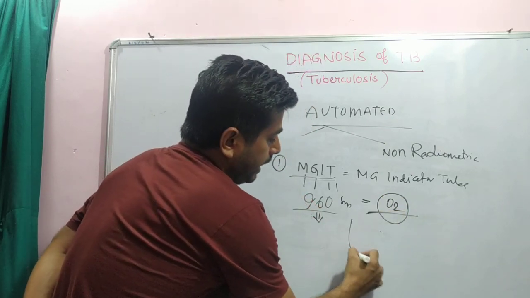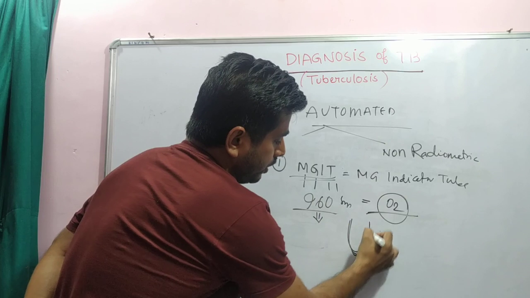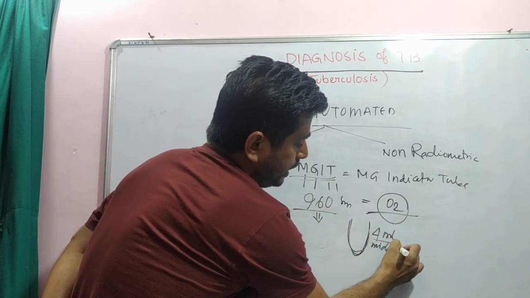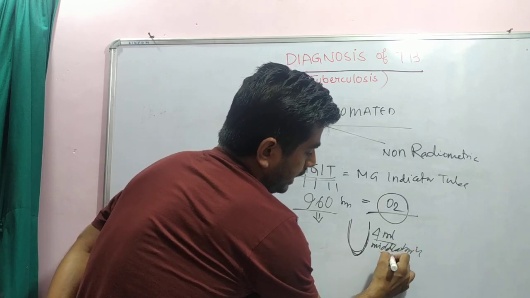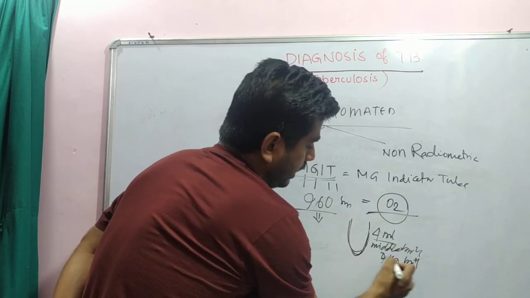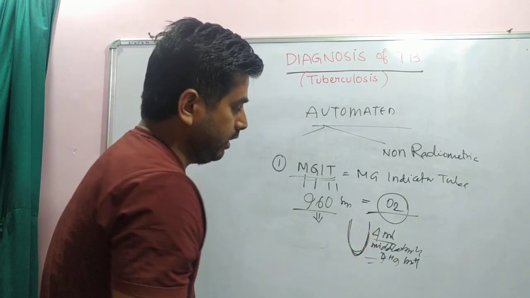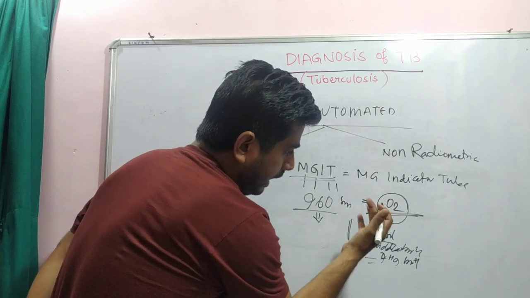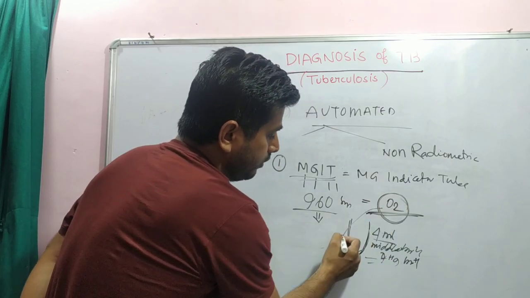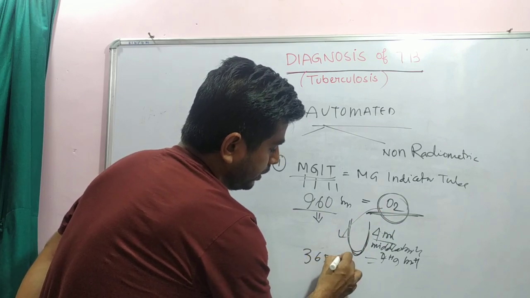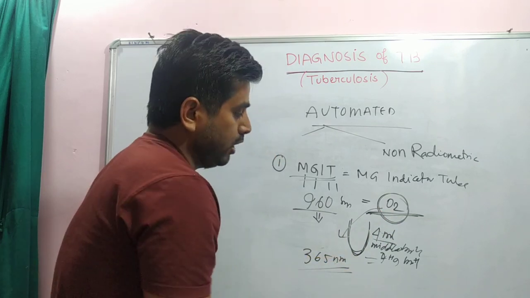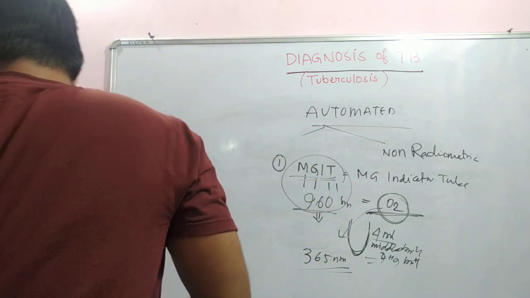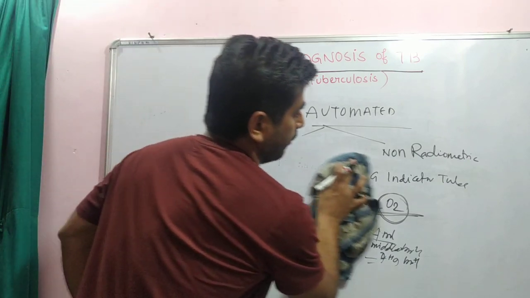We take a round bottom tube, and here we take 4 ml of liquid media, the Middlebrook 7H9 broth. If there is any mycobacterial growth, the amount of dissolved oxygen will be very low. We can identify this under UV light at a 365 nanometer wavelength, and there will be fluorescence. So we can identify growth with the MGIT system, the mycobacterial growth indicator system with fluorescence.